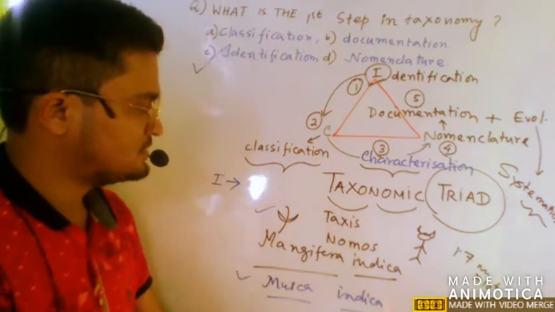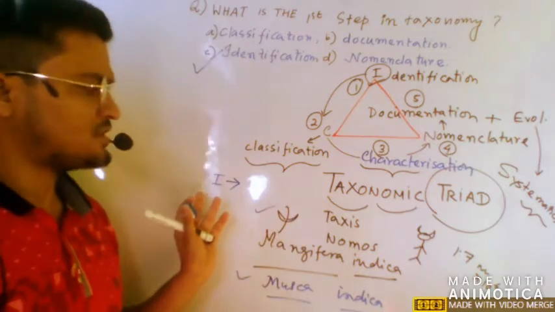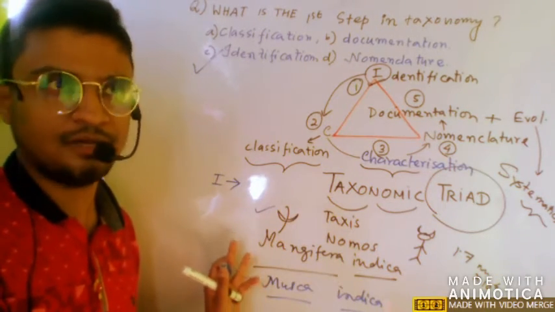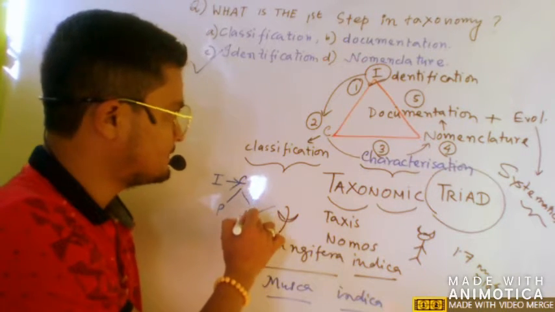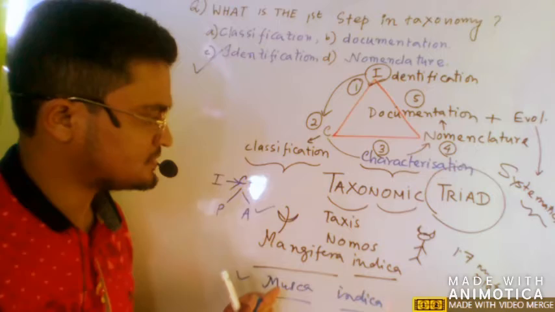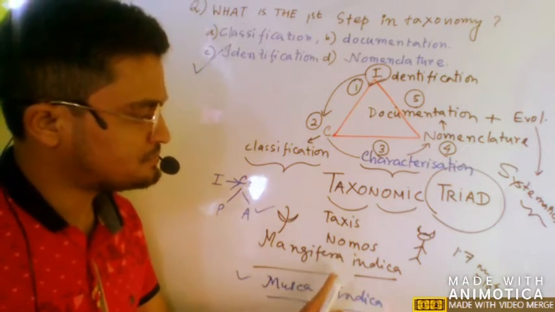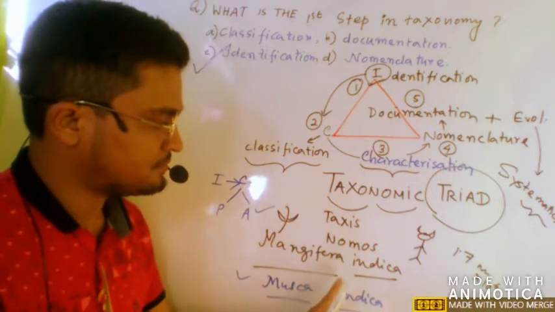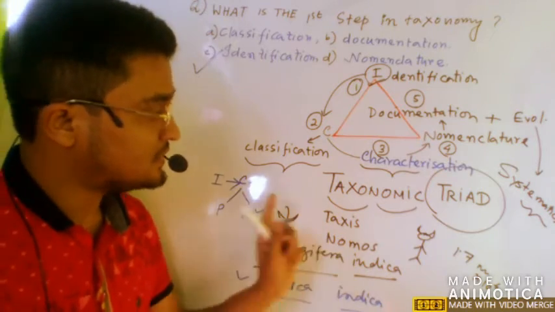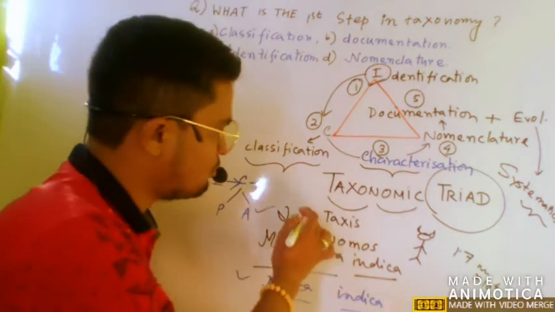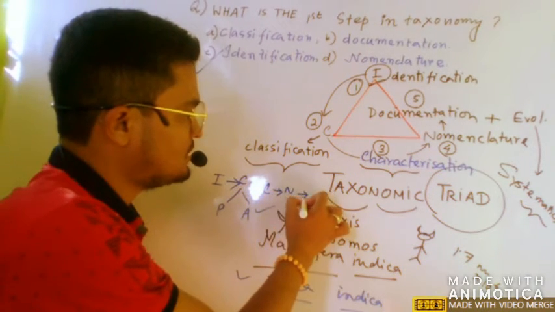Then you classify it. First you identify it as an organism. Better you organize it this way: first it is an organism, not a virus or inanimate. Then you have to classify whether it is a plant or animal. Then you characterize it, put some characteristics, and then you name it, nomenclature. Sometimes in nomenclature you can see the same species name coming, so by looking at the species name alone you cannot tell whether it is an animal or plant. And then after nomenclature, you have to document it. So characterization, then nomenclature, then documentation.